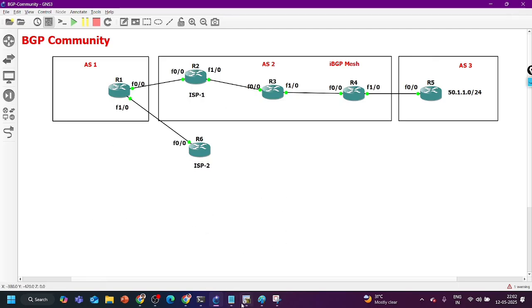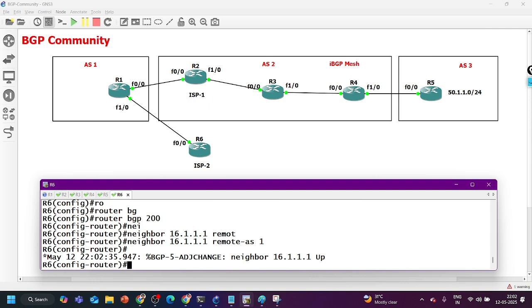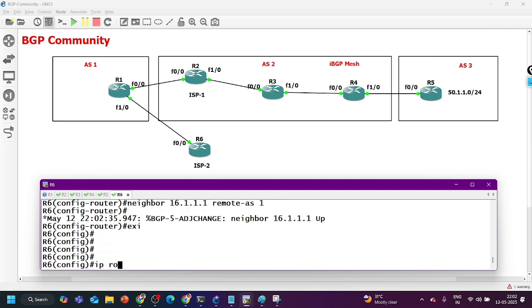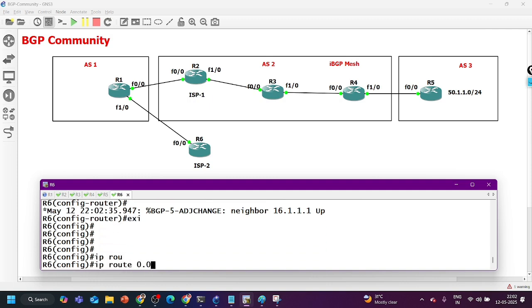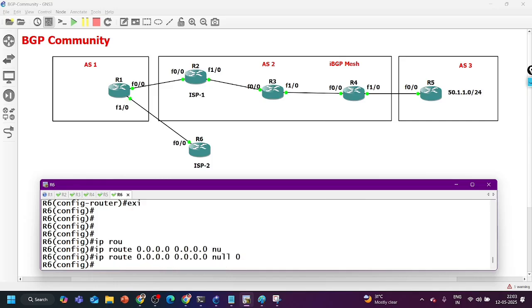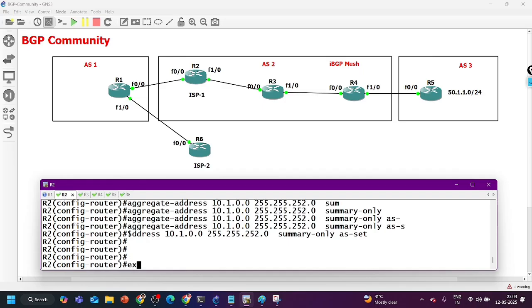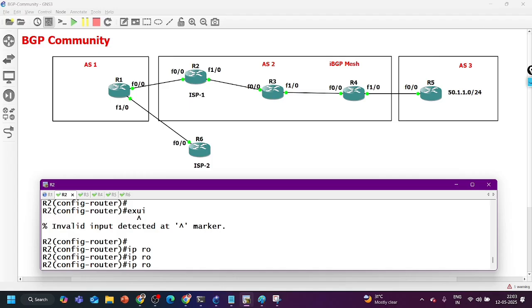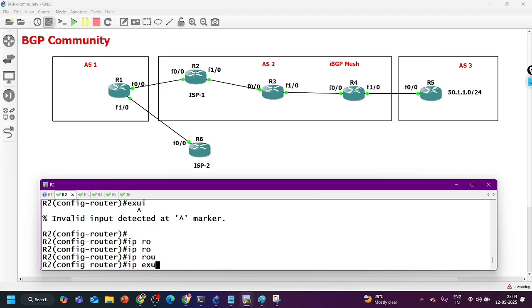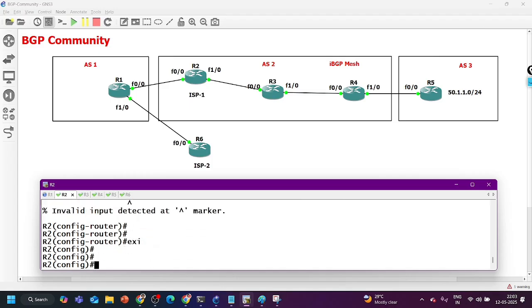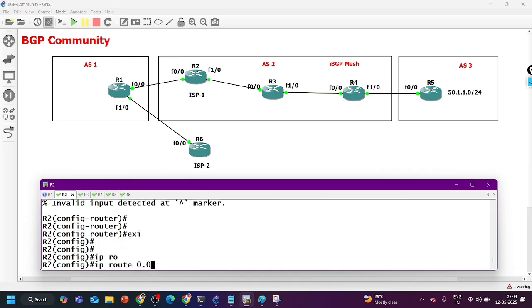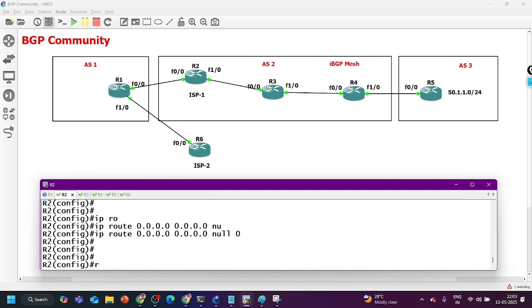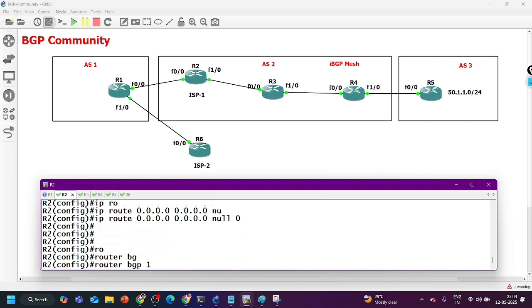Okay, and on router number 2 and router number 6 I am going to configure one default route. My service provider will advertise default route 0.0.0.0 0.0.0.0 and let's say null 0 interface. On router number 2: ip route 0.0.0.0 0.0.0.0 null 0 interface, and router BGP AS number 2